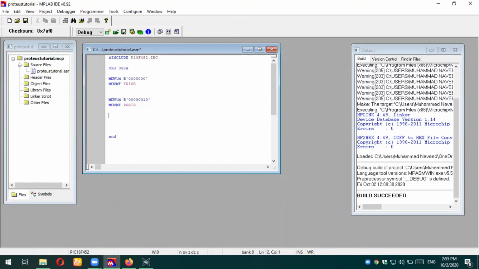We have also covered it, and we will use unconditional short branch, which is BRA, and we will use a label here. Let's say we call it repeat, and we will put that label over here, repeat.